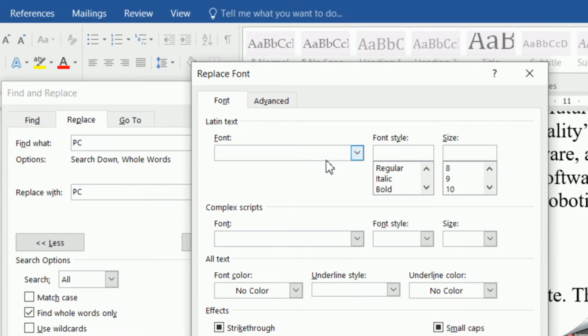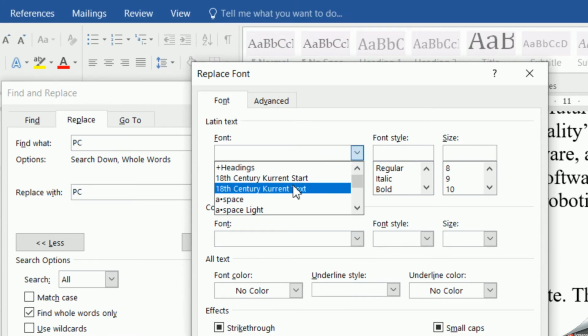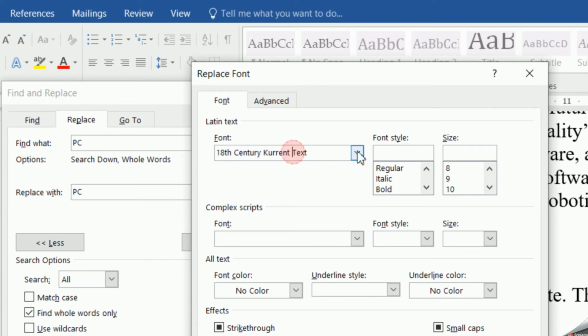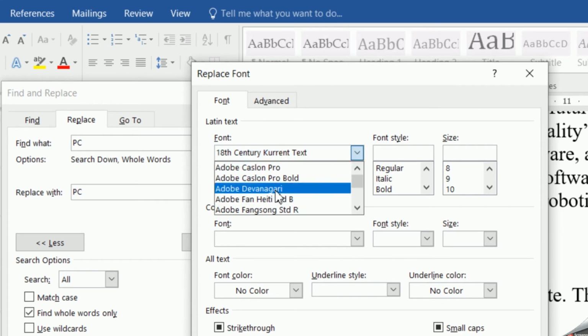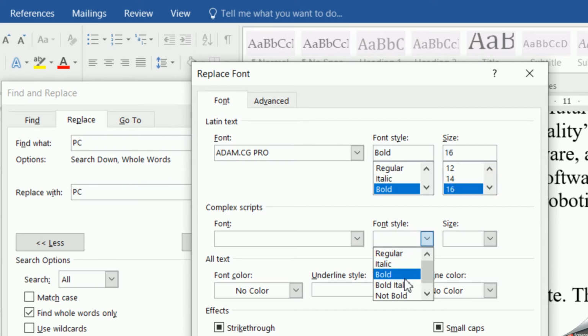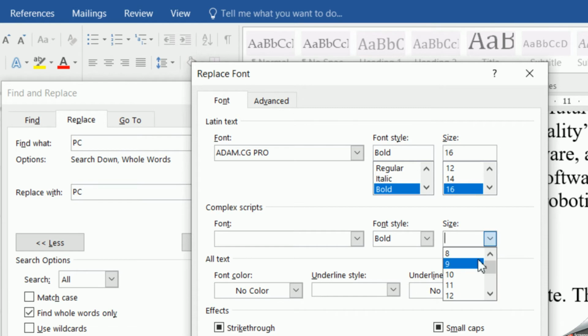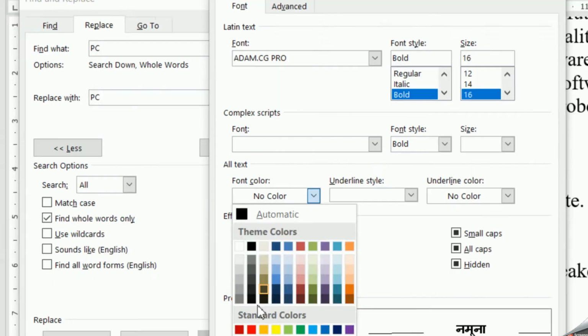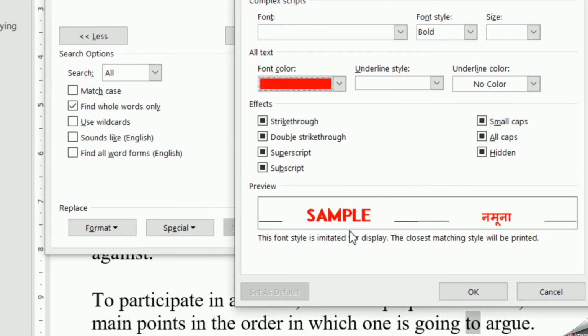In this I'm going to select a particular font, and I will be replacing all occurrences of the word PC with the word PC itself but with a different font. So I'm changing the font size over here and I'm changing the font color also. So this is the format which I want to apply.